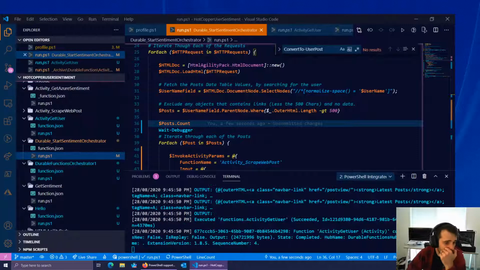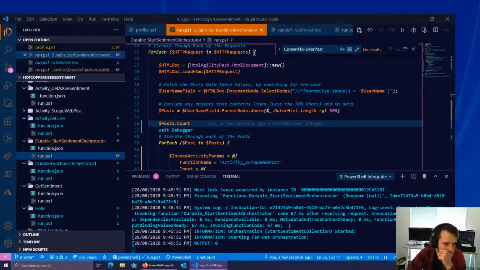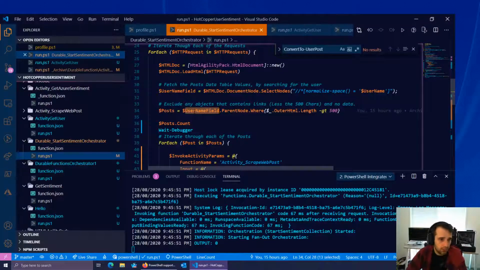So you can see it's re-triggered. Output 0. So it's not finding anything that basically has something there. Interesting. For each of the HTTP requests in HTTP requests,